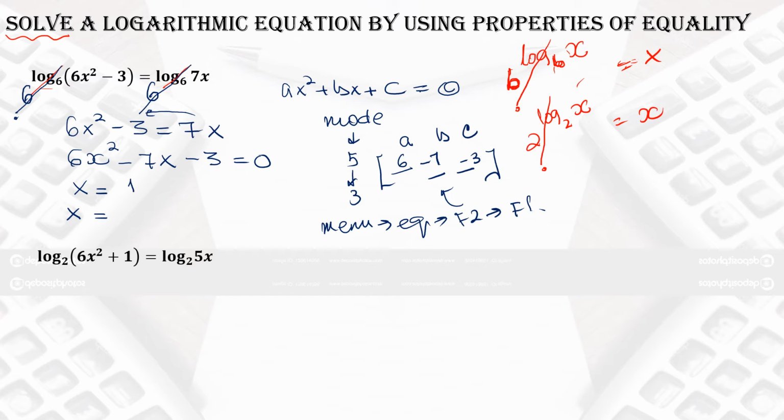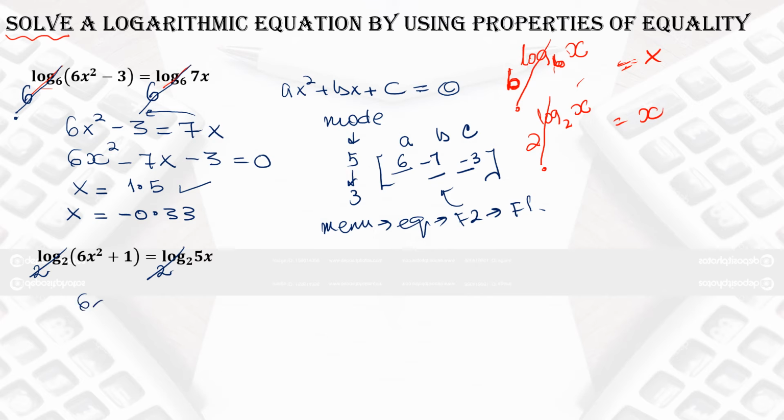So x is 1.5 and negative 0.33, and you all know that x with the negative sign with the log is the excluded answer. So our main answer is x equals 1.5. Now let's check what will happen in the second equation. So you have to raise the base 2 because log has a base 2 to cancel them with each other.